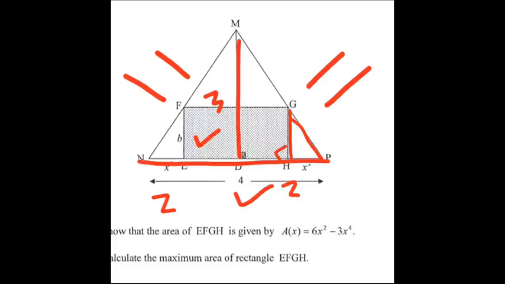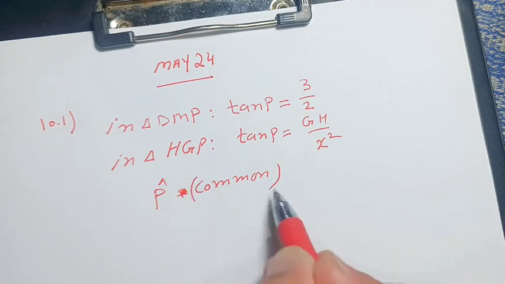Triangle DMP and triangle HGP are similar. Why? Because angle P is common. We need one more angle to prove it. Remember, we need only two angles to prove that triangles are similar. Angle H is 90 degrees and angle D is also 90 degrees, so both are equal to 90 degrees. So we have proved two angles, which means both triangles are similar to each other. Angle P is common, and